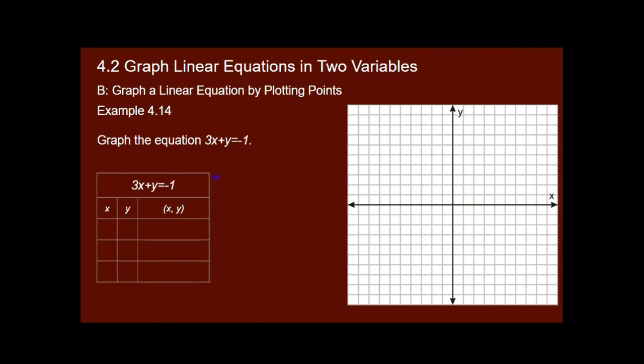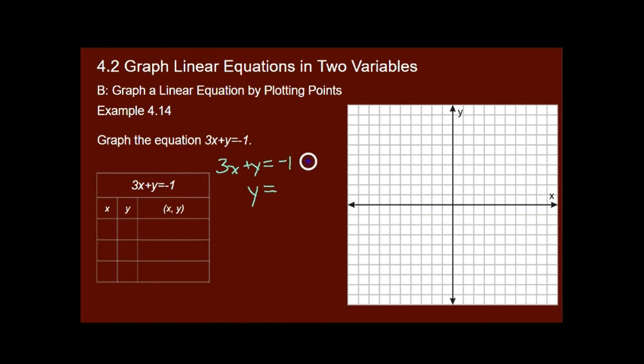So let's go ahead and pick values for, well, sorry, we're not there yet. First we need to solve for y. So we have 3x, I'm going to rewrite it down here, plus y is equal to -1. I want to get y by itself, which means I want to get rid of this 3x on this side, and I want to put it on this side. So what I need to do is subtract 3x from both sides, and I get y is equal to,